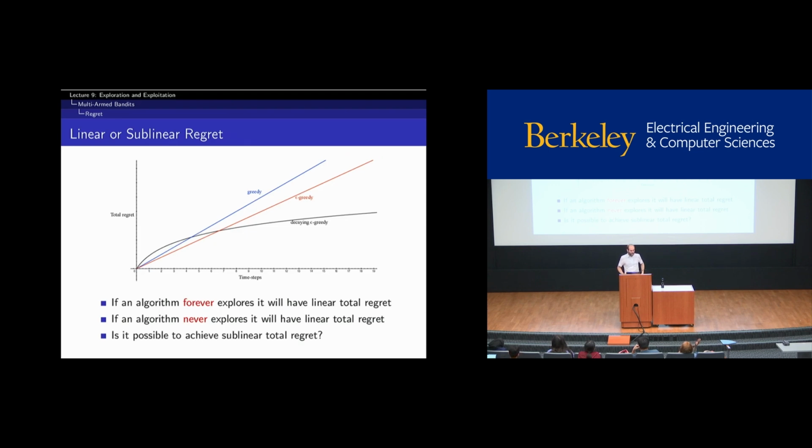So, getting linear regret is, okay, question first, yeah. On the last slide, you talked about